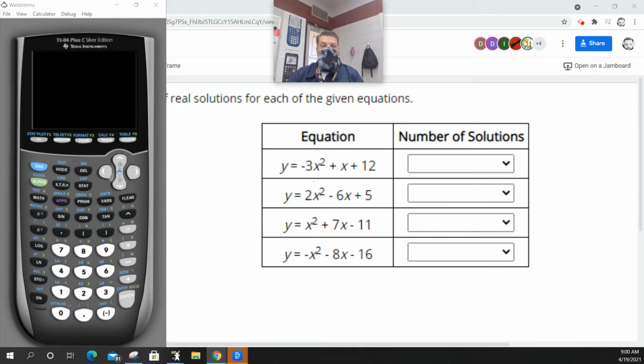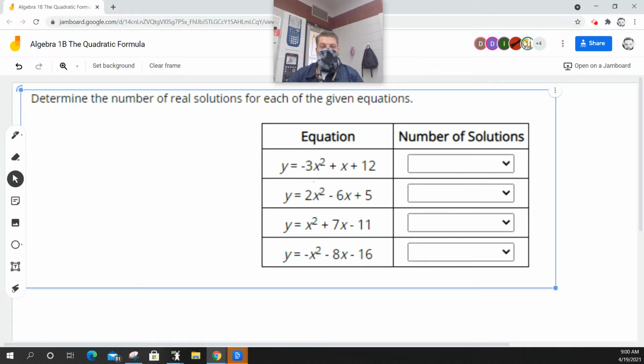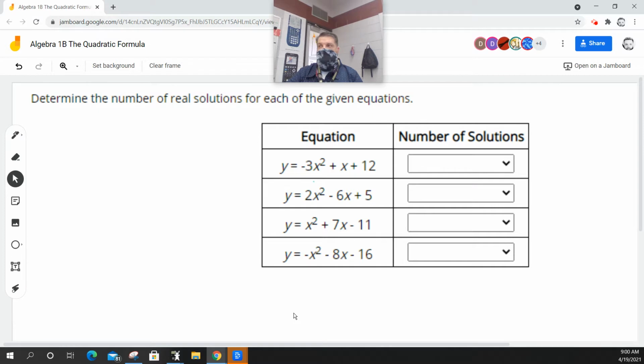All right, so we have 4 equations here, and it says determine the number of real solutions for each given equation. Now, all of these will have 2 real solutions if they have a real solution. In other words, we're trying to figure out if it crosses the x-axis or not. Because it's U-shaped, it's going to cross the x-axis twice because it's symmetrical about the axis